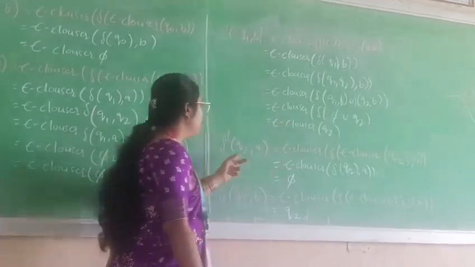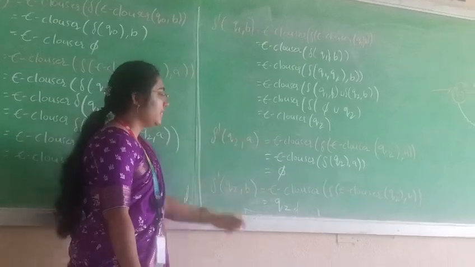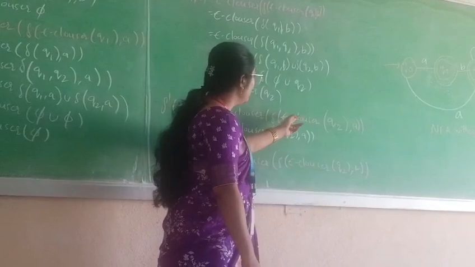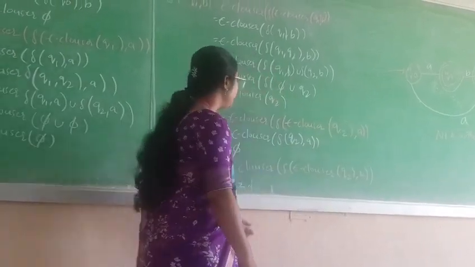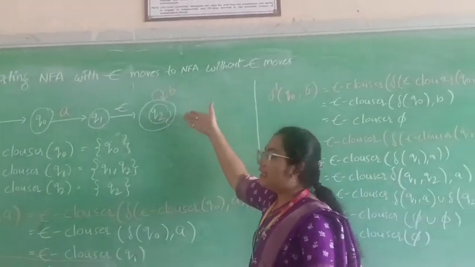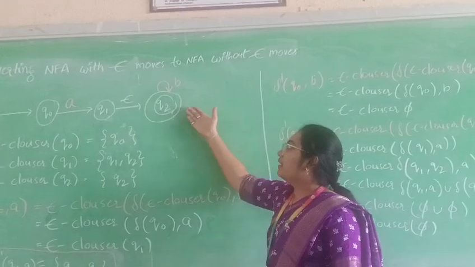The next one, the last one, delta of Q2 comma A. Epsilon closure of delta of epsilon closure of Q2 comma A. Strictly we can go for Q2. A is not there, so directly we can write phi. And B is there, so directly we can write